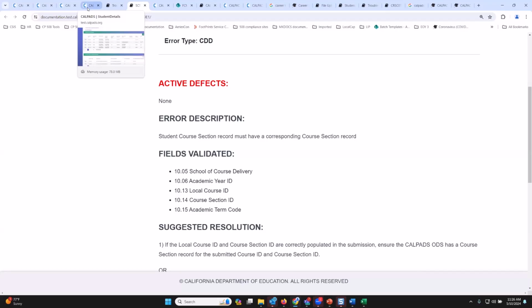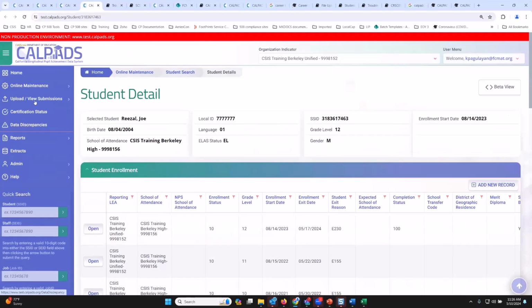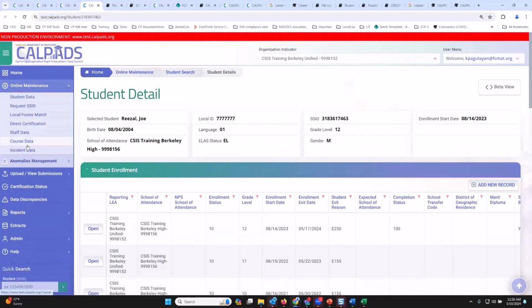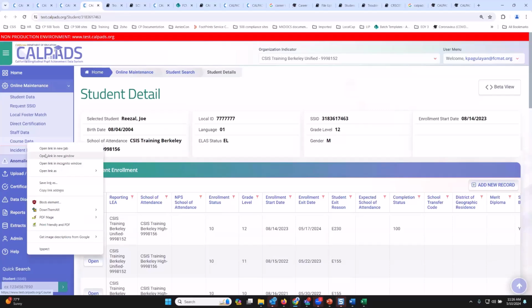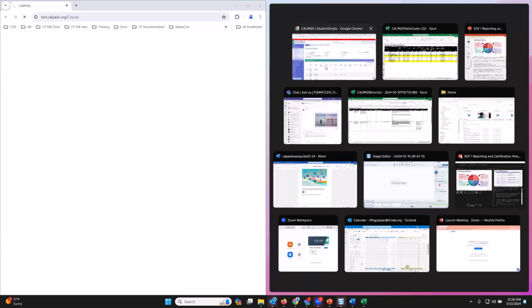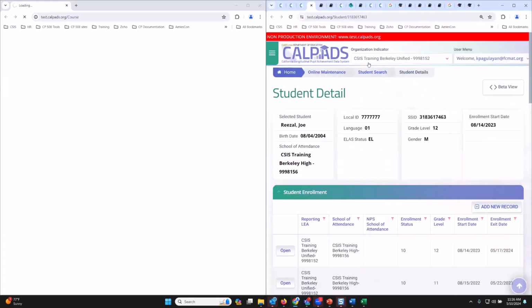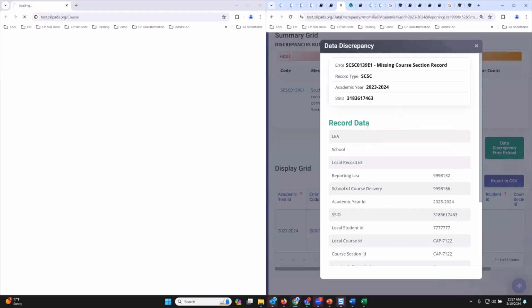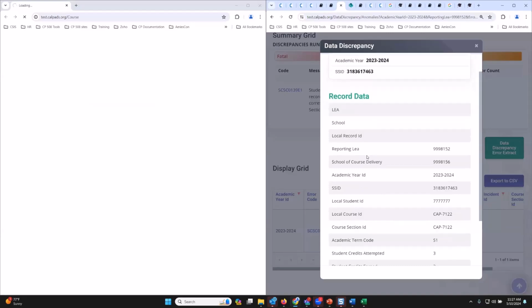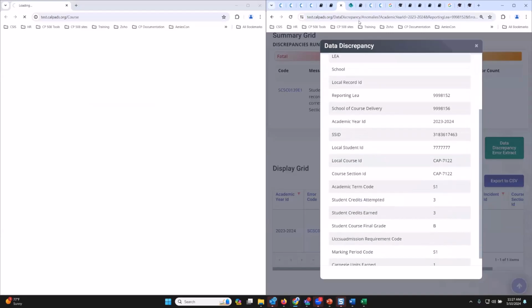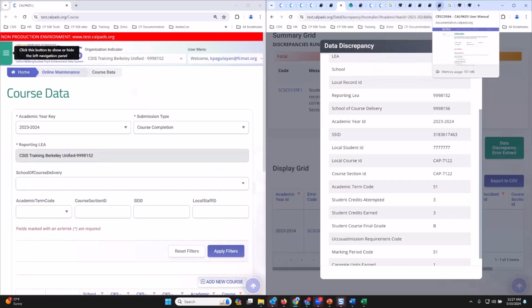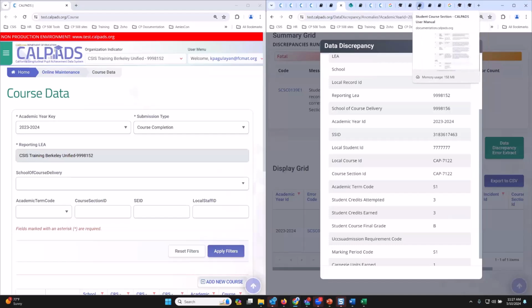So to do that, the only way to do that is to go to compare the course data. So I go to course data. And then I will be comparing based on the error.